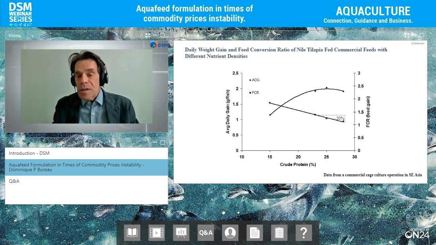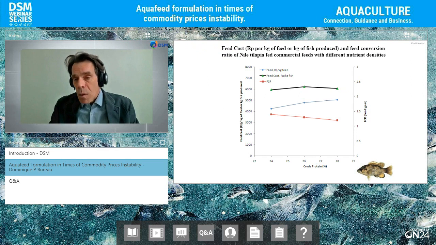Now, the feeds of different quality have different prices. So there was an increase in the price of the feed with increasing quality. But then there was also a decreasing FCR with increasing quality. So in the end, you have to take into account both the feed price and the FCR to calculate a cost of feeding, a number of dollars per fish produced. And in this specific scenario, for these farms, it did not matter economically speaking whether you were using the lower end feed or the higher end feed. The feed cost was very stable, and overall the production cost was very stable across these feeds.